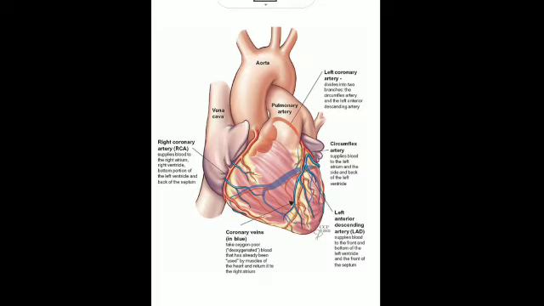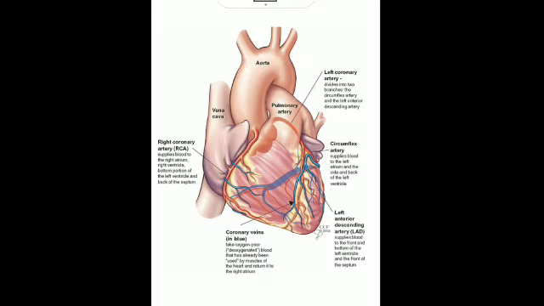I have told you the aorta carries oxygenated blood from the left ventricle to all the parts of the body. Then the coronary arteries, that is the two coronary arteries, arise from the base of the aorta. You can see the left and the right coronary artery arising from the base of the aorta. This is the aorta. From here at the base are the left and the right coronary artery, and they branch into smaller arteries. You can see the branches over here, and they supply oxygenated blood to the entire muscle.